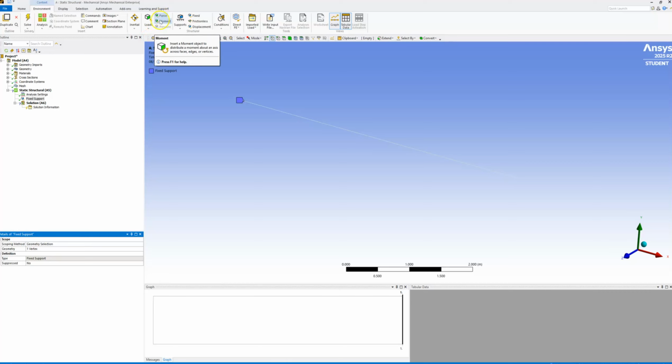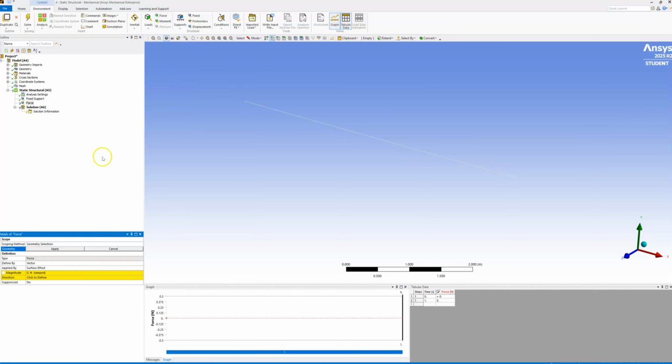We're then going to create a load of some sort. So if I hit the little drop down menu here, you see various options. We're going to apply a force. Again, it's asking us the geometry that we're going to select. So if we wanted to apply a UDL or a point load, depending on your requirements, in this instance we're going to apply a point load at the end of the beam like this,